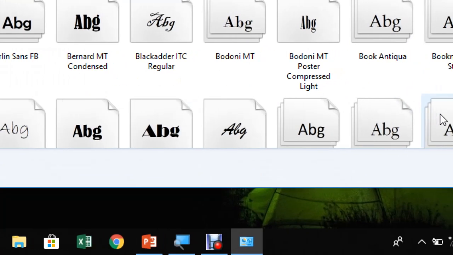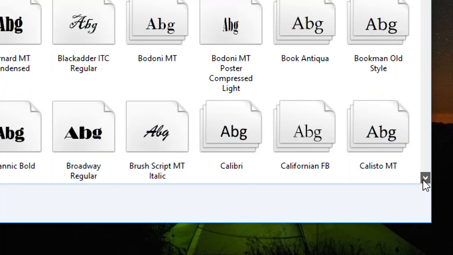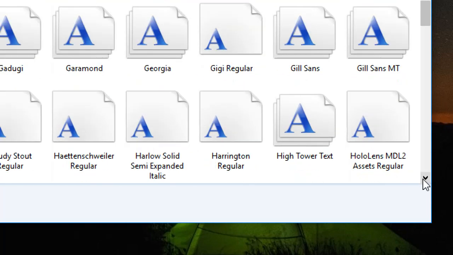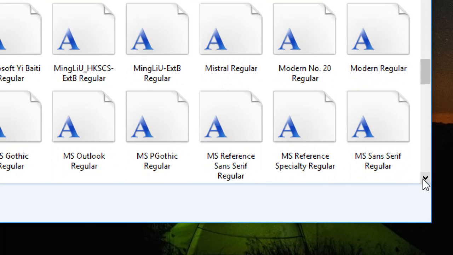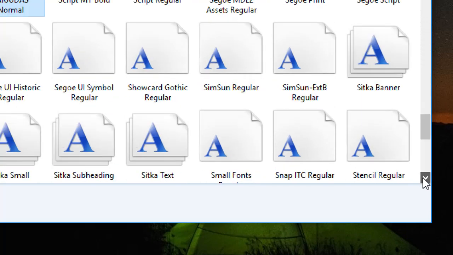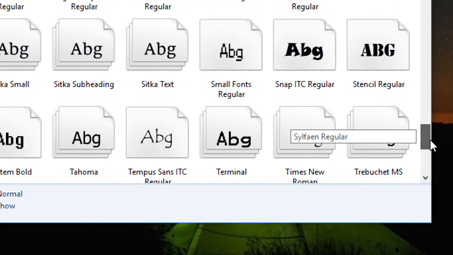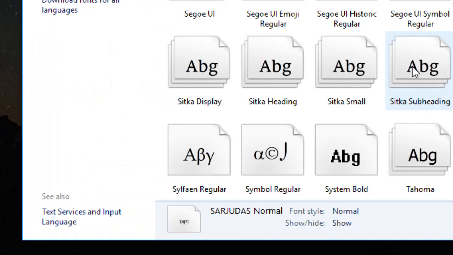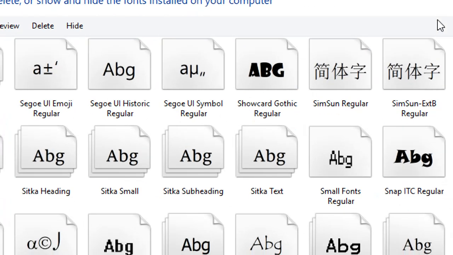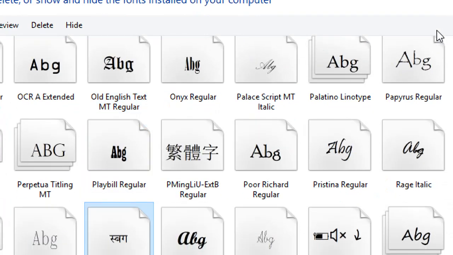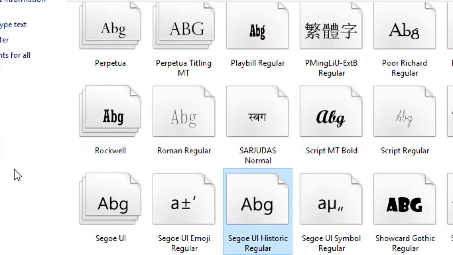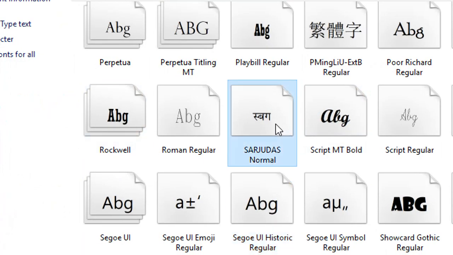Now go and check whether your font is installed or not. Or press S directly, it will go directly to S. Where is it? Here. Clear, everyone?